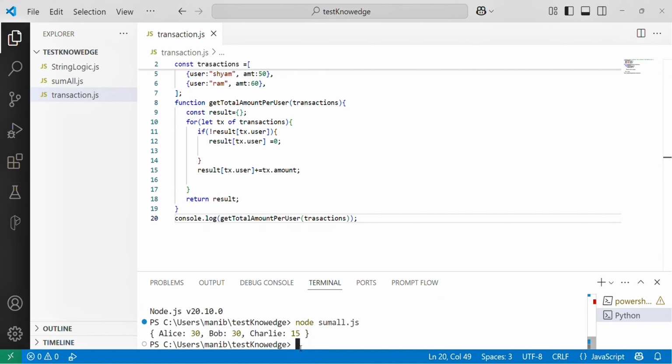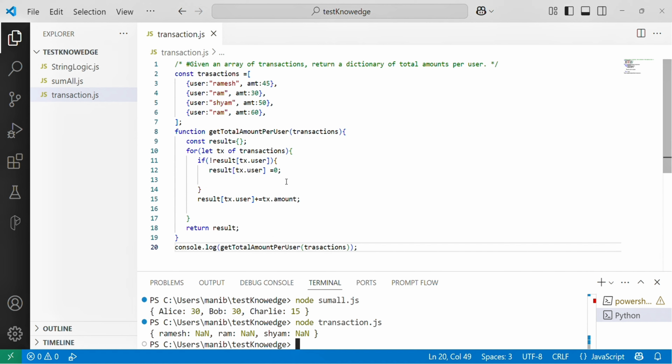For print, you can write node transaction.js.